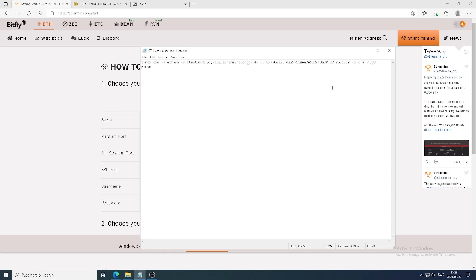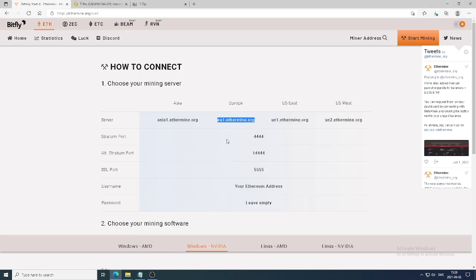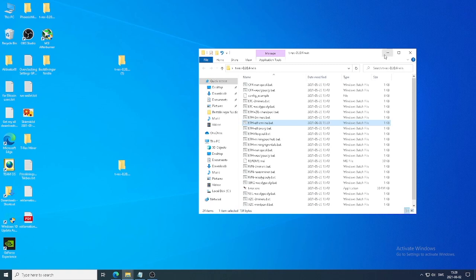We can also name our rig, so we see rig 0. Maybe you want to name this to whatever you like, so maybe rig-Andreas, whatever you like. After that, we're gonna click on X and click on save. Now we're gonna test that everything works. To do that, we're just gonna click on this ethermine.bat file